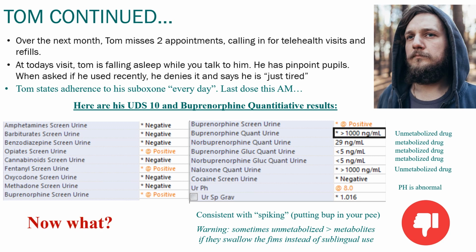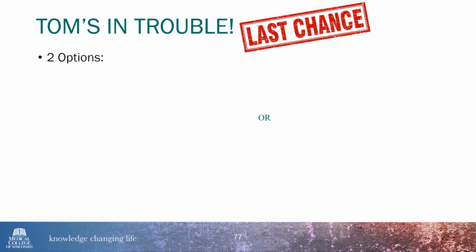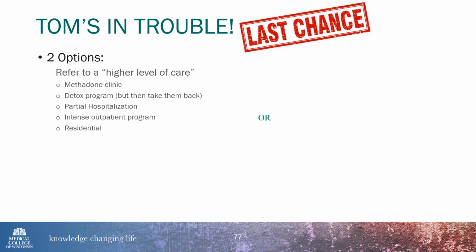Well, now what? Now we have examples of Tom repeatedly using other substances, and he's not being honest with us. What do we do? Well, this is what I like to call the last chance conversation. Tom's in trouble. He is potentially going to be referred to a higher level of care or told he can't be cared for in a primary care office. So again, the options are to refer to a higher level of care. We don't kick people out of our practice in addiction medicine. We say, you know, there's a methadone clinic that I think you would be better served at